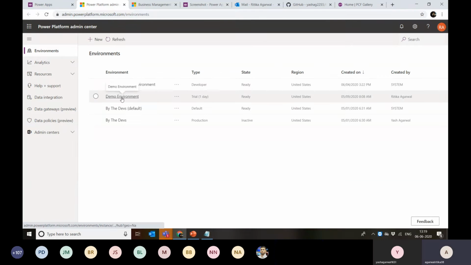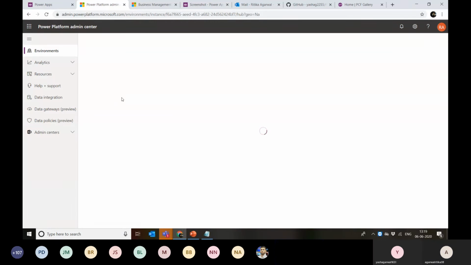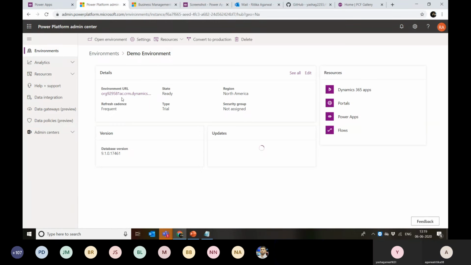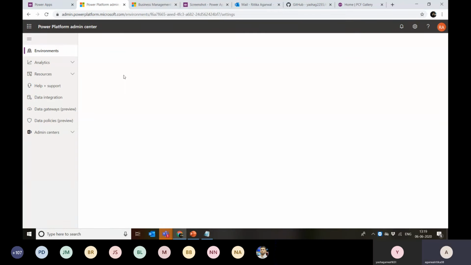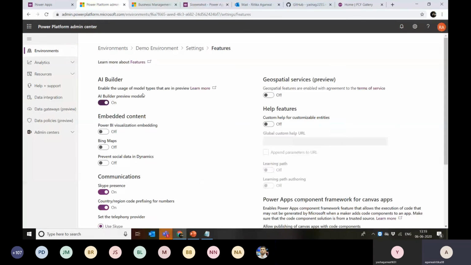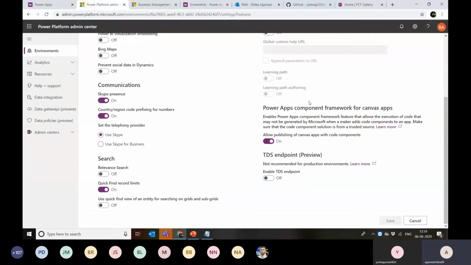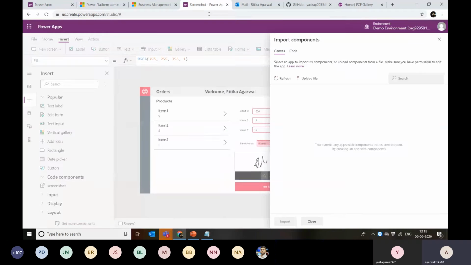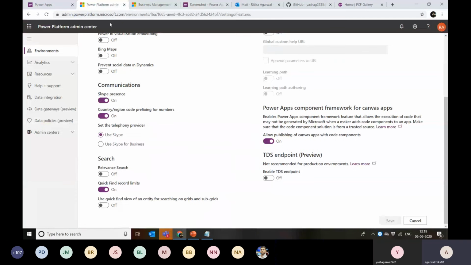So yeah, now I can open this demo environment, and I can go to settings. And in product, I can go to features. So this is the Power Apps component framework for Canvas apps. If this is enabled, then only I can see the code option here. Otherwise, it's not visible by default. So first we have to enable this to be able to use the PCF in my Canvas apps.